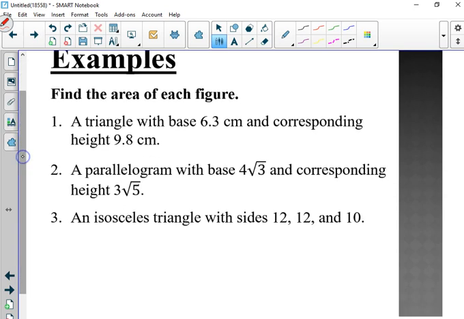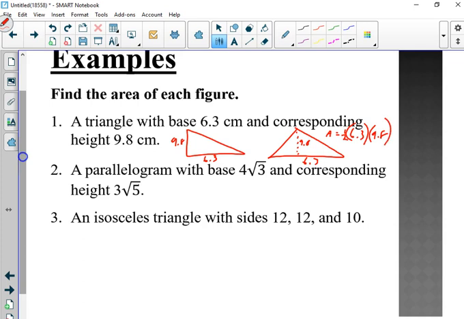Examples. Find the area of each figure. A triangle with a base of 6.3 and a corresponding height of 9.8. Well, you can write it as a right triangle. You can do it this way, as long as you have this. Doesn't matter. The base is 6.3, not drawn to scale, and the height is 9.8, definitely not drawn to scale. Again, area is 1/2 base times height. So you just punch that in your calculator: 1/2 or 0.5 times 6.3 times 9.8, and you get 30.87